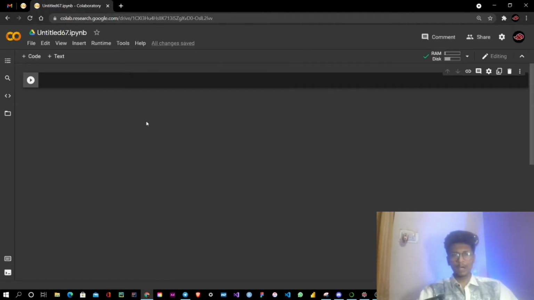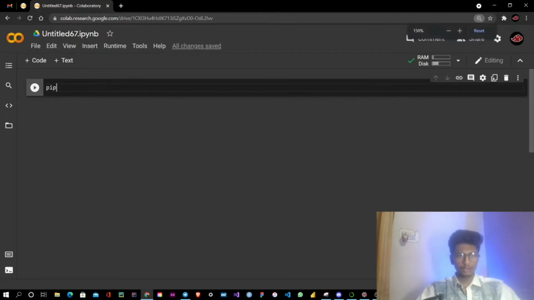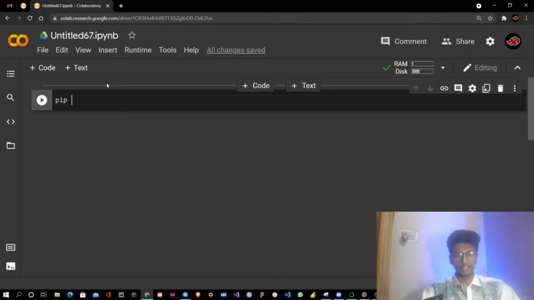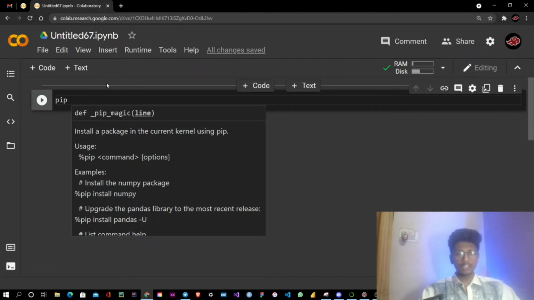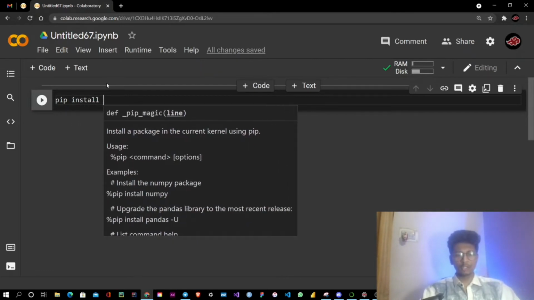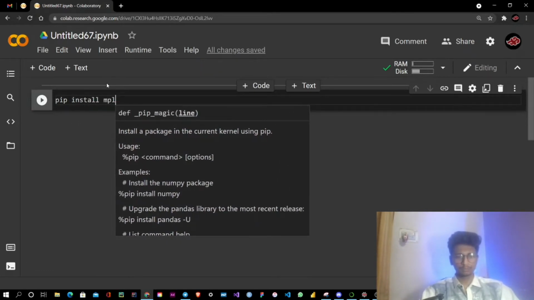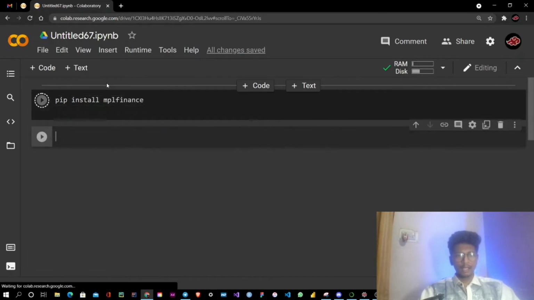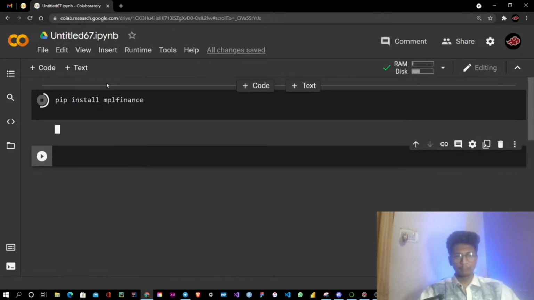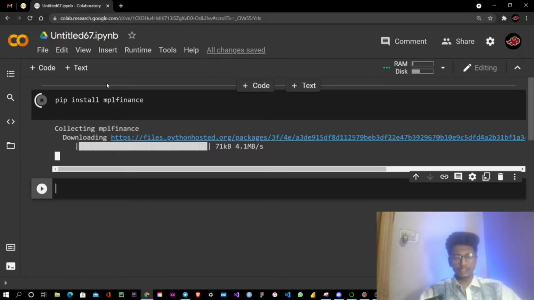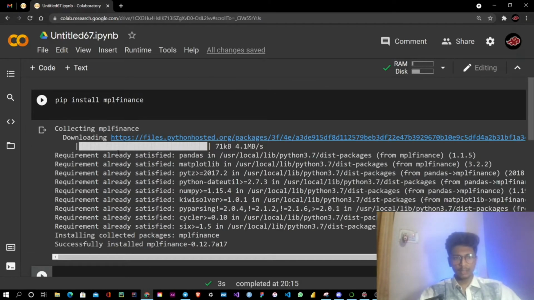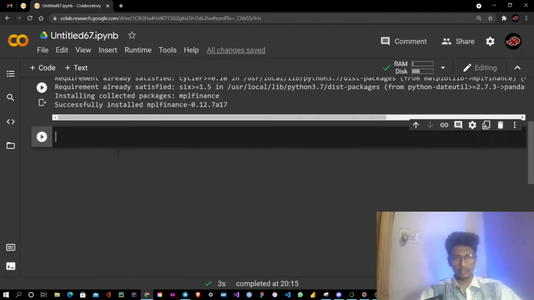Okay, so coming to our part, we will be needing some libraries like MPL Finance, Pandas, NumPy, etc. And we will definitely install each and every library. So first of all, I need to just increase this for getting clearly understanding. So we will first install the MPL Finance. Pip install mplfinance, and we will just press shift and enter. It will start collecting and also collect some data and get installed. Okay, it has got installed.